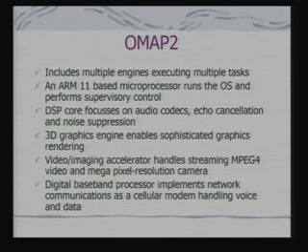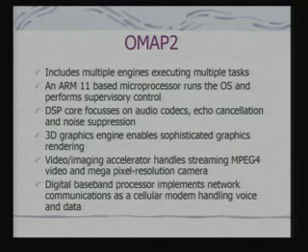DSP core focuses on audio codecs, echo cancellation and noise suppression. These are primarily important for carrying out telephonic conversations. There is on top of that a 3D graphics engine, which is again basically a processor to enable sophisticated graphics rendering. Also, there is a video or imaging accelerator that handles streaming MPEG-4 video and megapixel resolution camera. So, this video handling and the camera handling is no longer with the DSP. DSP is concentrating completely on the audio task.